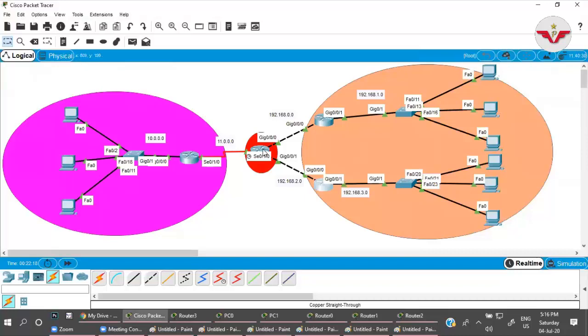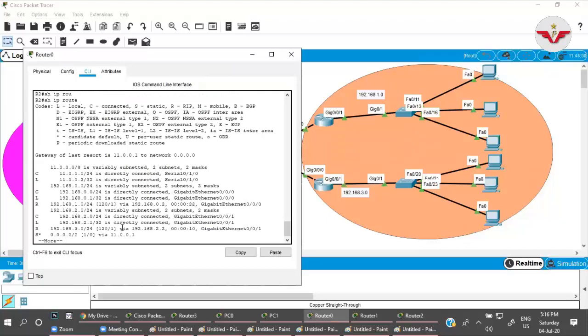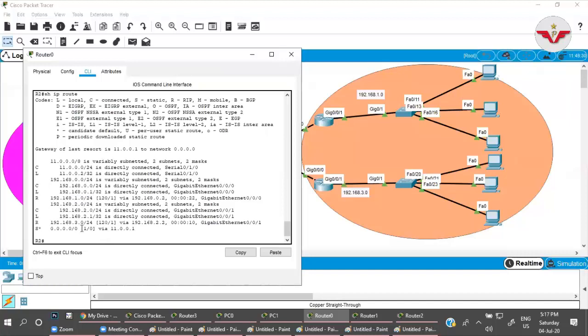So this router is getting now... show IP route, 1 and 2. Here we go.